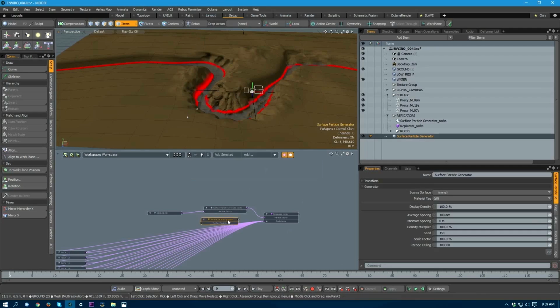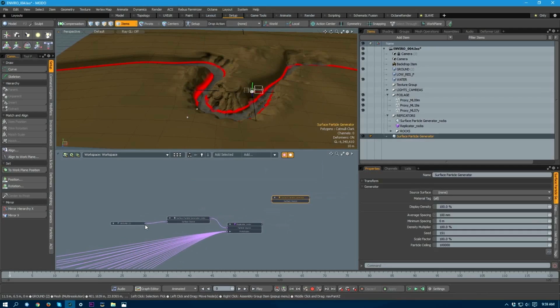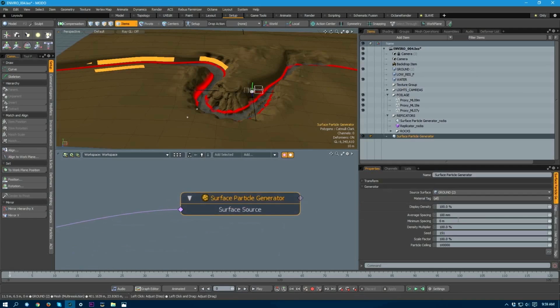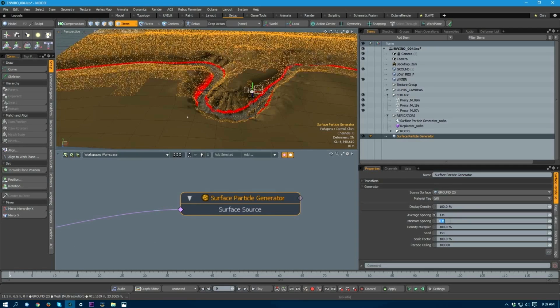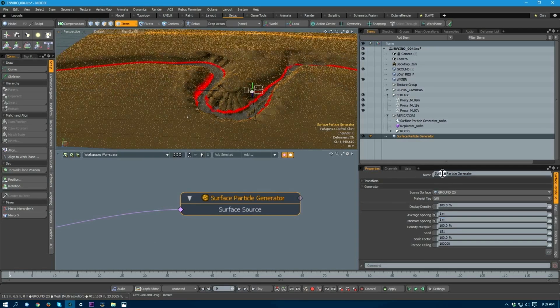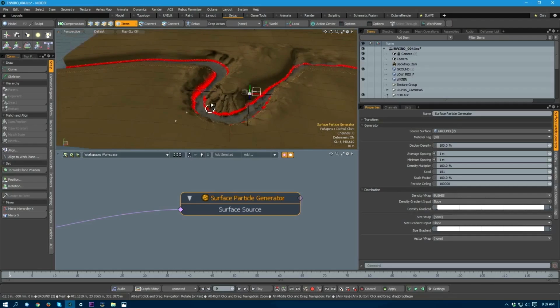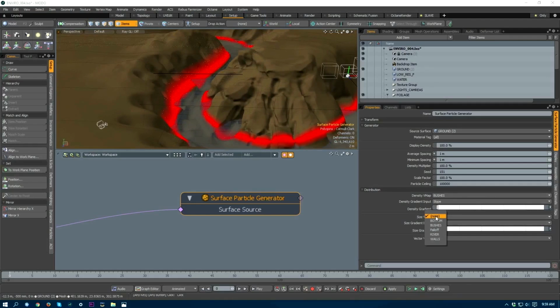Here we go. Ground will be my surface source. I will get the same result as before, so let's set this to, let's say, 1 meter. Also, I would like them to be at least 1 meter apart, let's say. And the other thing that I will do, I will actually set up the bushes to be my density map, so they will only grow wherever this